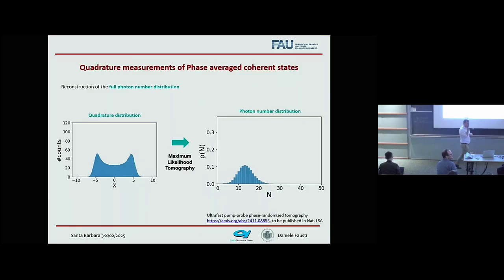Sorry for the naive question, but isn't that exactly the setup people do for doing squeezing? You do a parametric generation seeded by vacuum, and then you frequency double and you interfere. So you should basically see squeezing on your... Yeah, but if you don't control the relative phase between the two, then overall the phase is random. This we tested, at least.